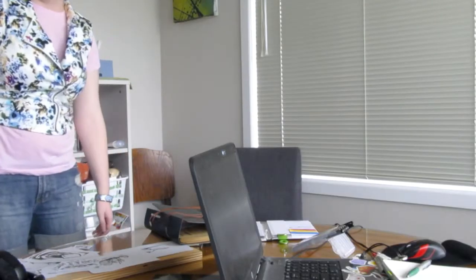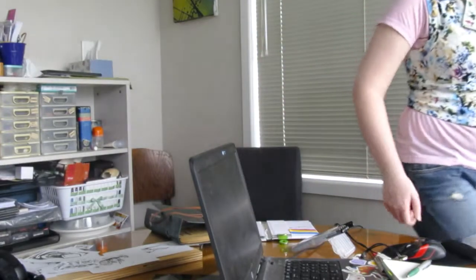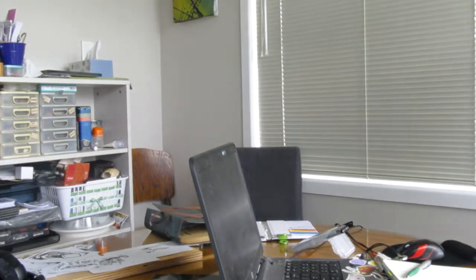Part 3! Part 3! Can you believe it's taken me like 20 minutes to clear away this? Well, it's less than 20, but I think the batteries ran out, so I swapped them for some new batteries. Which I shouldn't have had to do, but this is what happens sometimes. You think the batteries are charged, and they say that they're charged, and you had them in the charger, and